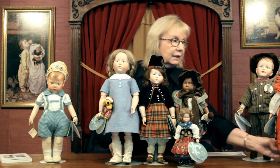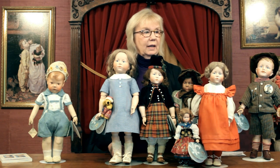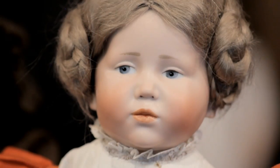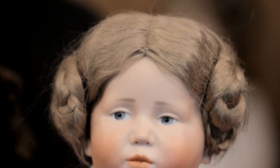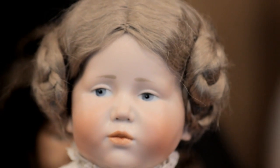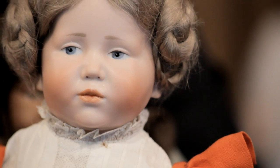And then you will find another example that will have, again, her original side-coiled braids. They didn't all have that wig, but it was a popular one that Cameron Reinhardt used, and when you can find it on these dolls, it's quite desirable. And in this one in particular, in the little red dress, I want you to look at the modeling of the facial planes of her, because I think she's